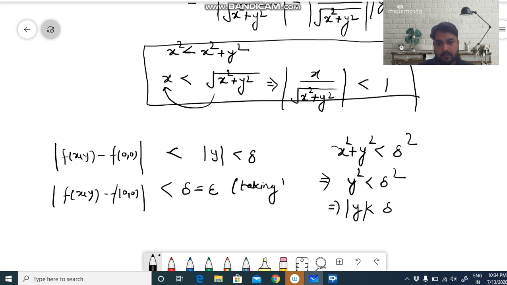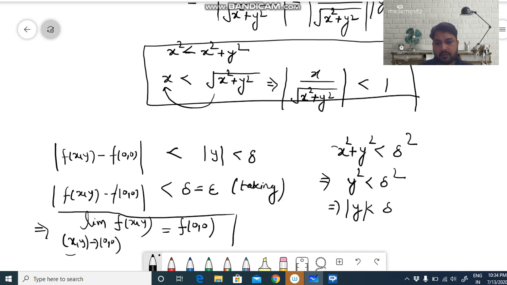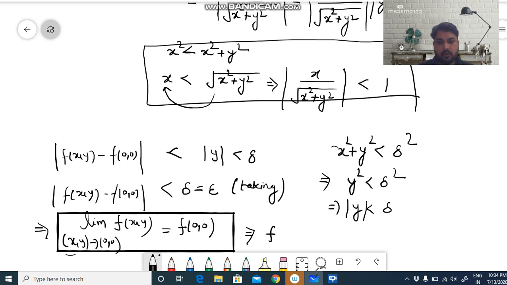If we take delta is equal to epsilon, from here we can say that the limit of function f(x,y) as (x,y) tends to (0,0) is equal to f(0,0), and this implies that f is continuous at origin. f is continuous at point (0,0). So in this way we can check the continuity of